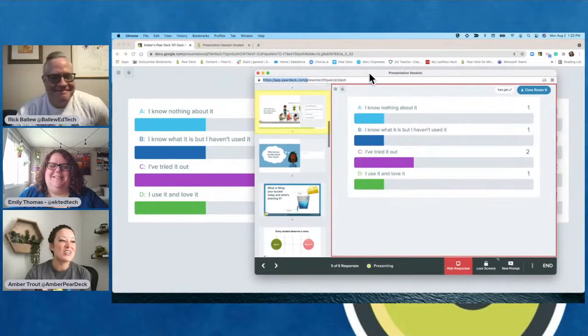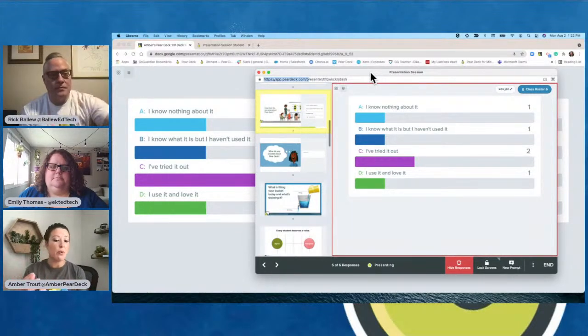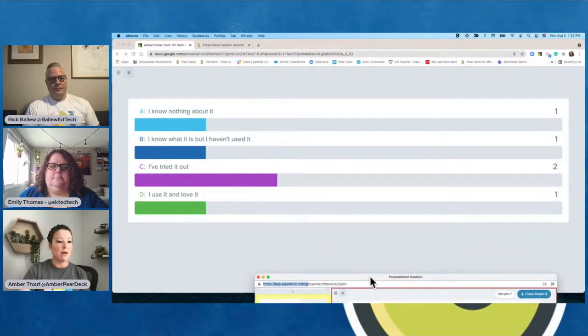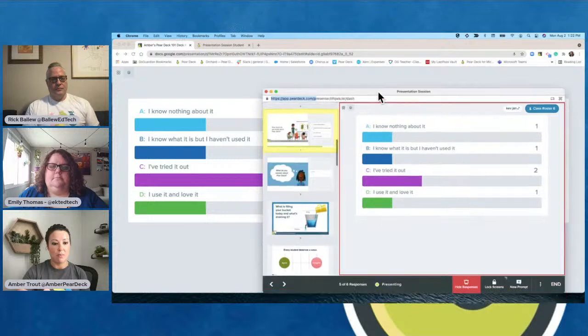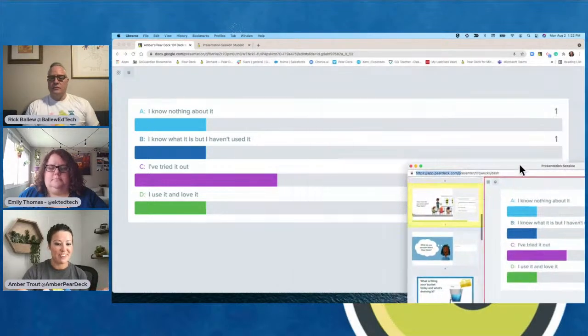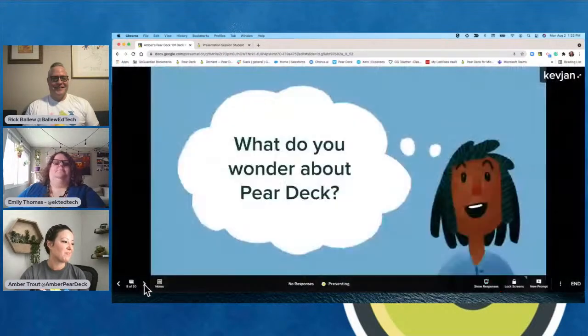And now this teacher dashboard, you don't want to show it to your students because it does have names. So you want to keep it to yourself. So whether you keep it on a second screen, if you want to open it up on a cell phone, doesn't matter, because web-based is all it is. As long as you have the internet, you can open it and make yourself mobile with a tablet, a cell phone, or some teachers like to just bring it to the bottom, freeze their sharing, and then bring it back up and look. So whatever works for you, but just try to keep that one to yourself. All right, moving that out, moving us forward.